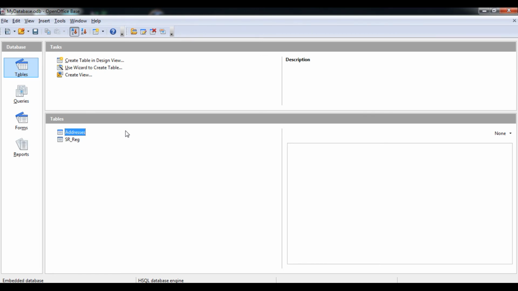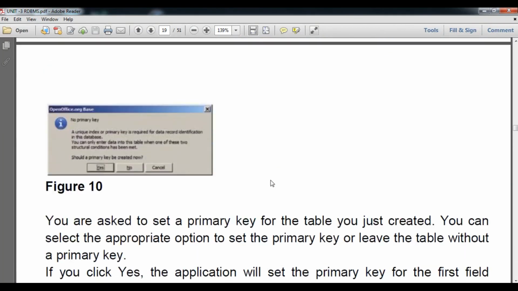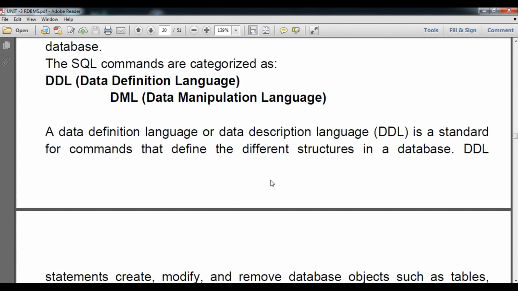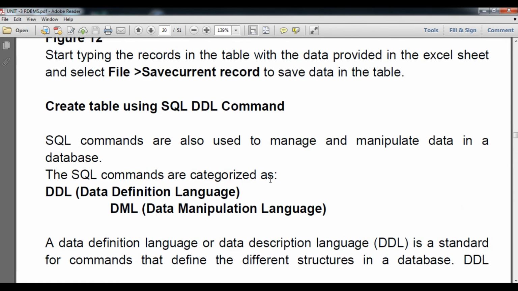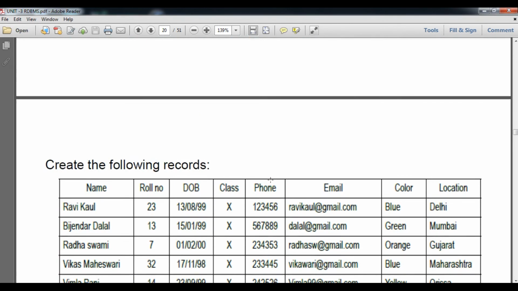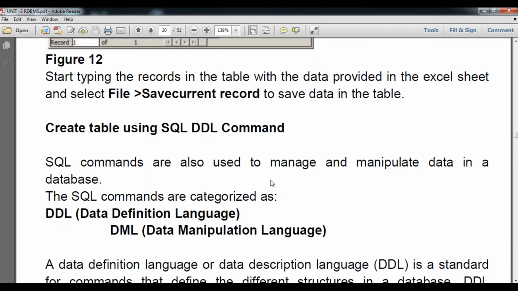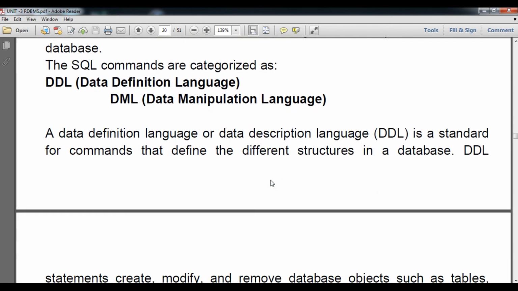To create a table by SQL query, we have to just go through what is SQL query. So come to the study point, my study material, and now we will talk about what is the SQL command, student. There are two types of command, student, DDL and DML. DDL command in SQL, okay, creates the structure of the database, like the structural part, like table, like query. But if you are going to feed the data inside that, we need to know the DML command. DML command is a data manipulation language in which we can insert the value, like in datasheet view.